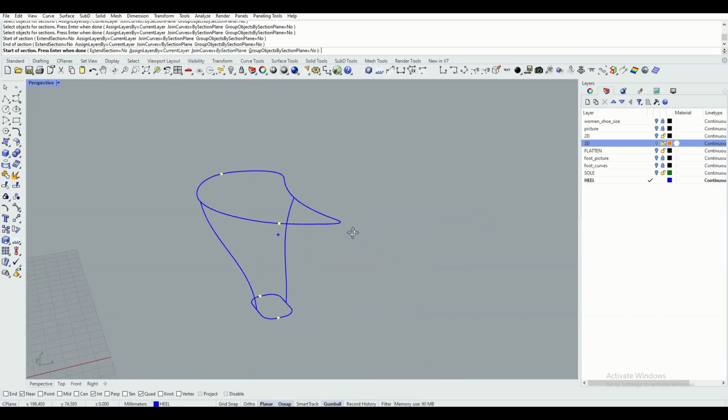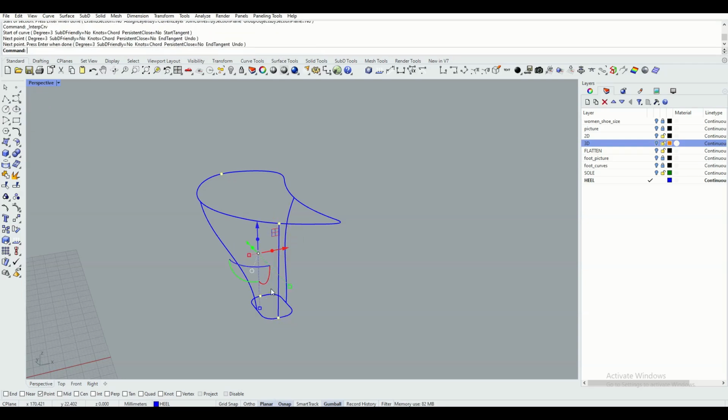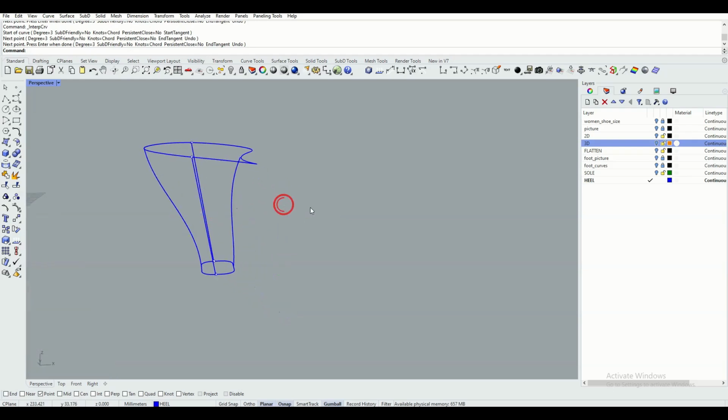At this point, we enable snap point. We can use curve interpolation and draw two curves from point to point. After that, we can select all points, set PT, and delete them because we don't need them anymore.